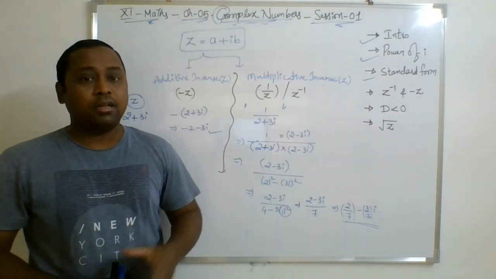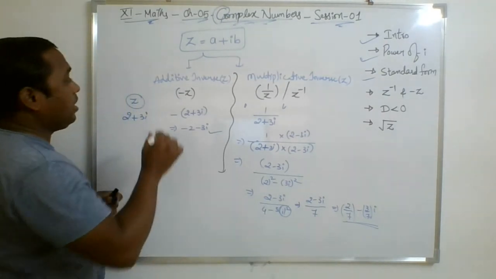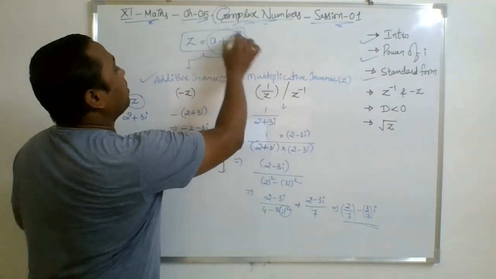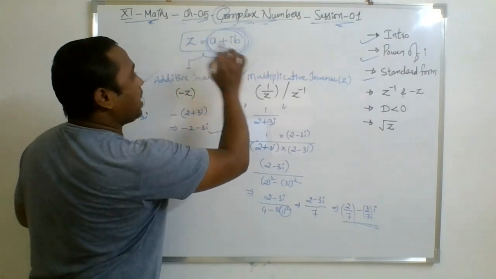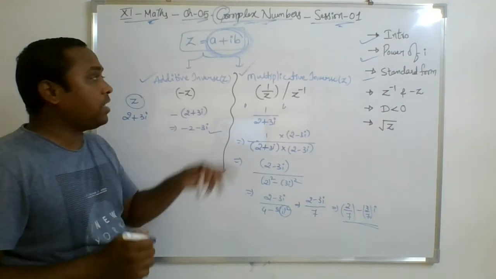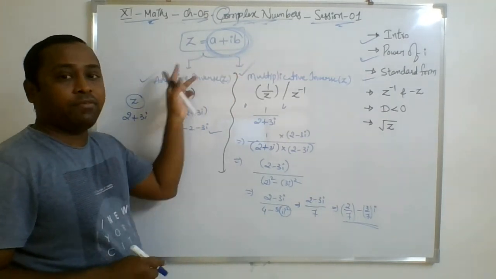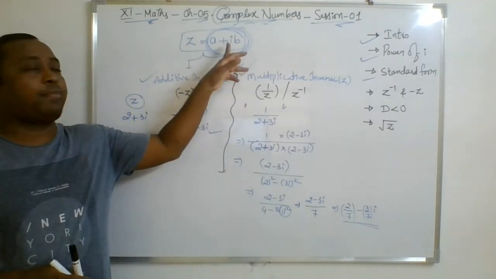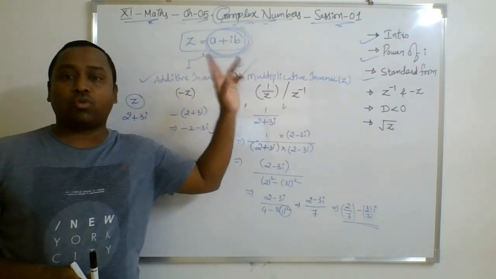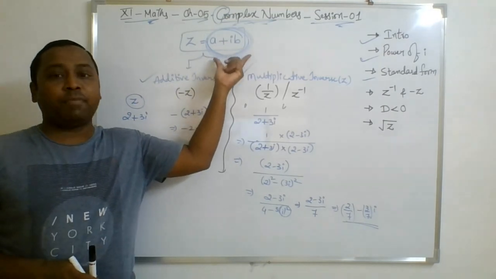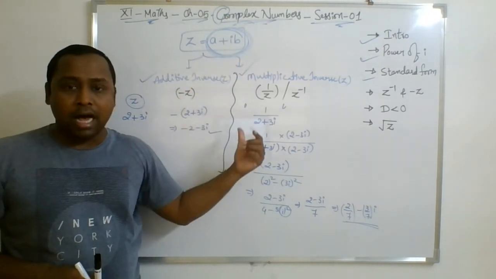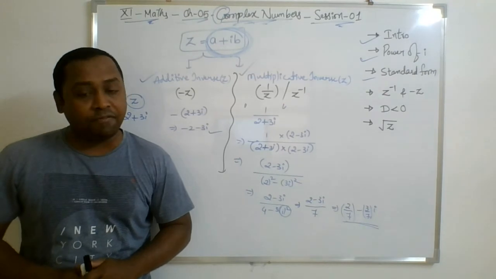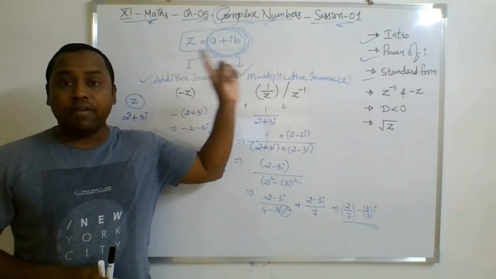number, right? But the final point, to find additive inverse or multiplicative inverse, the given complex number must be in the form of a plus ib only. जब कॉम्प्लेक्स नंबर a plus ib फॉर्म होगा तभी आप एडिटिव इनवर्स और मल्टीप्लिकेटिव इनवर्स फाइंड करेंगे। अगर a प्लस आई बी फॉर्म में नहीं है क्वेश्चन, तो पहले आप उस क्वेश्चन को सिंप्लीफाई करके a प्लस आई बी फॉर्म में कन्वर्ट करिए।